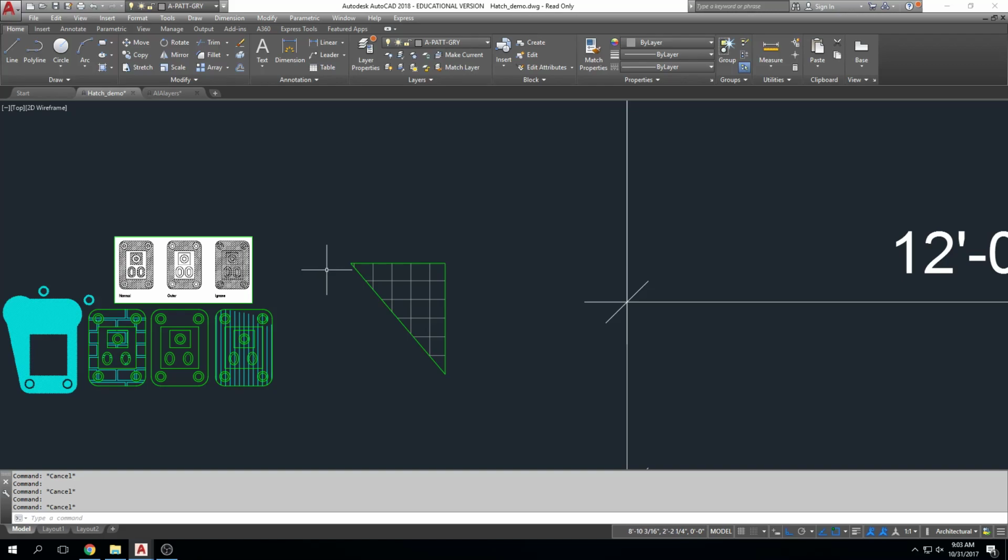Any questions on hatches so far? Not yet, right? In your assignment, in the back of your book, we're going to do dimensions next time. So I'm going to have you hatch and dimension at the same time, because you probably haven't finished drawing your little office space yet. But I think we're going to get rid of the dimension drawing assignment on page 2-51. I'm not going to have you do that. Instead, I'm just going to have you add the dimensions and some hatch to the office building drawing that you're